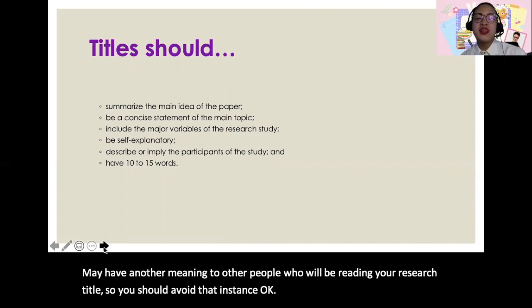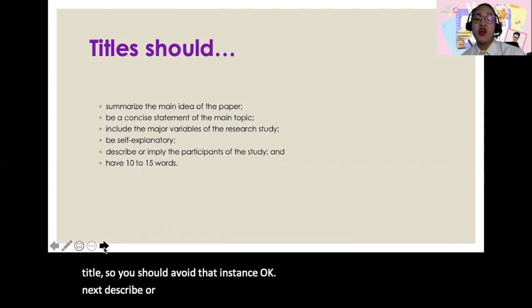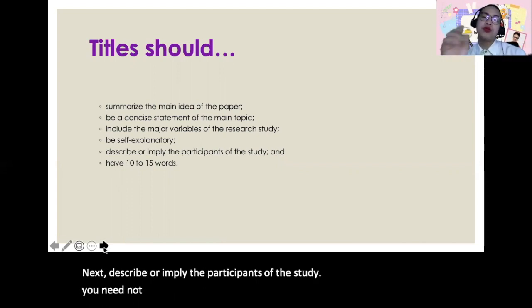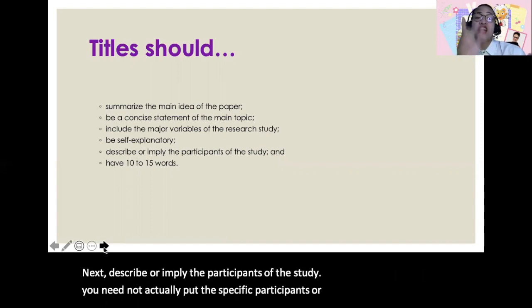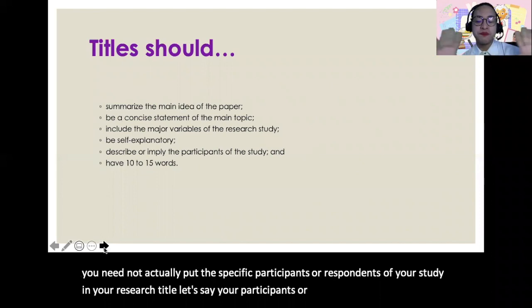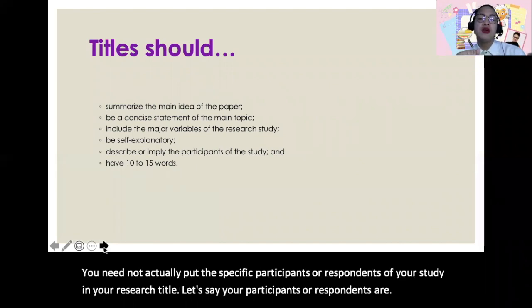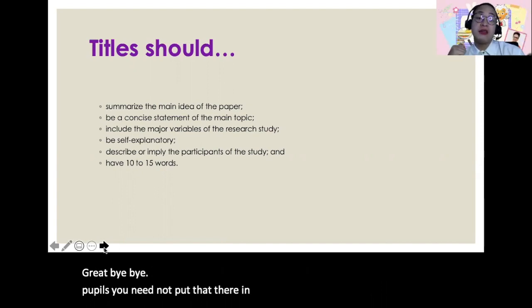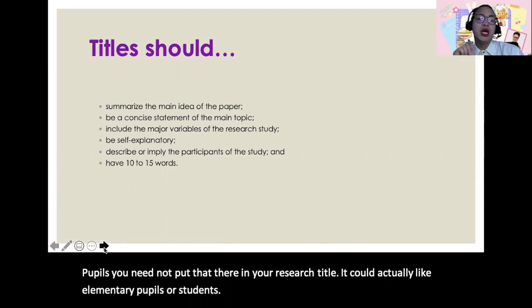Next, describe or imply the participants of the study. You need not actually put the specific participants or respondents of your study in your research title. Let's say your participants or respondents are grade 5 pupils. You need not put that there in your research title. It could actually be like elementary pupils or students. Okay. And then,